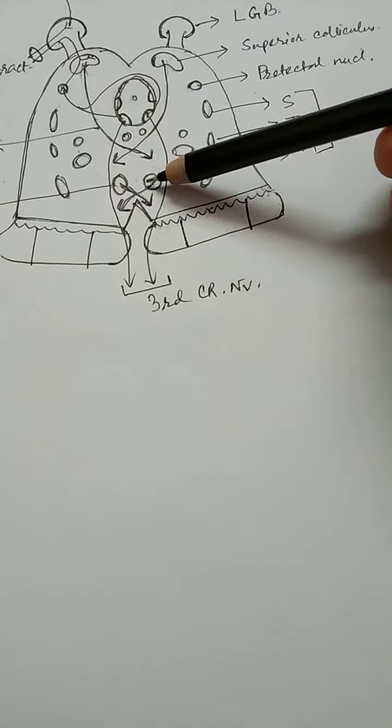Now, in front of the central gray matter there is the medial longitudinal fasciculus. In front of the medial longitudinal fasciculus there is a decussation of the pretectal fibers. Now, in front of this, and this is very important, can you see? There are two large nuclei, one on each side. These are called the red nuclei. These two are the identification point of the midbrain at the level of the superior colliculus.